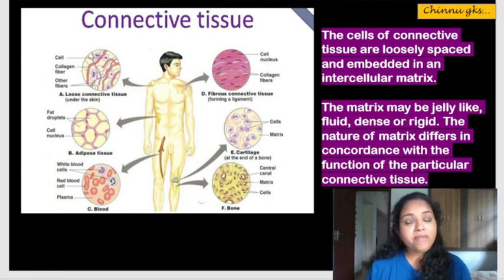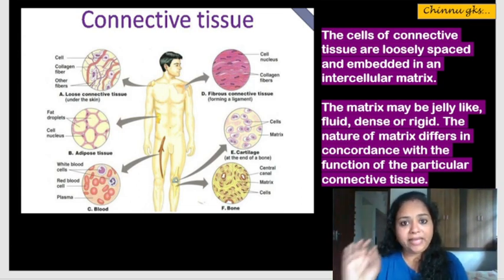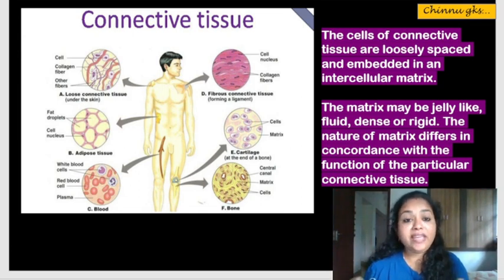We have a lot of visceral organs, a lot of internal organs, that are well protected inside our body cavity. These internal organs are well placed inside the body cavity, and they also signal the other organs, so that our body can function coordinatively and do its work efficiently. So for the proper functioning of the body, as well as for the support and placing of the organs, we have the connective tissues. Let's have a look at the connective tissue.